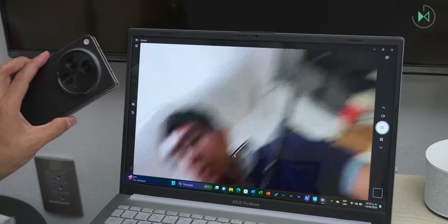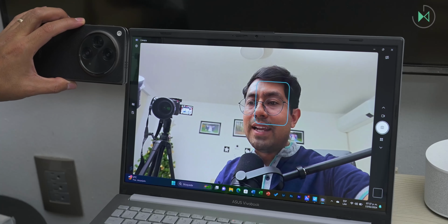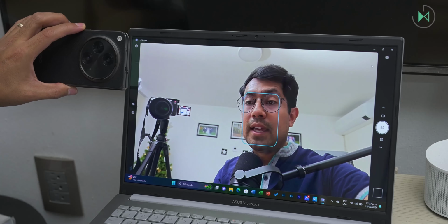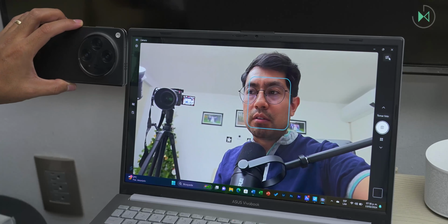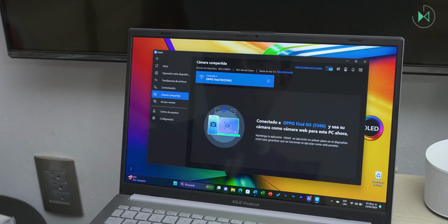So if you want to improve your video calls, you could have this experience since the camera is detected by any other application you have in Windows. Notice the difference. This is the built-in camera and this is my cell phone camera, which obviously looks much higher quality. So it's very nice to have this option to use the camera on your phone,